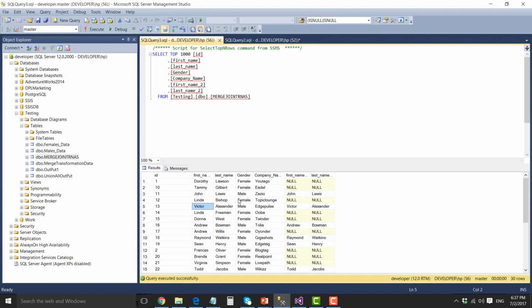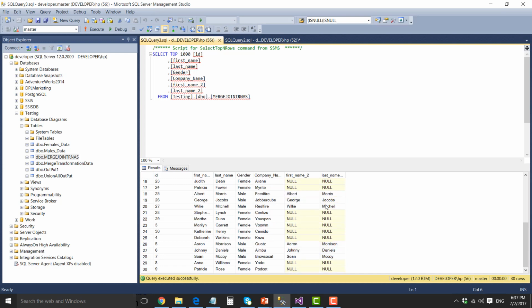For the joining columns, for example for ID 11, the data was the same between the SQL Server table and the CSV file, so it has values in the first name and last name columns. However, ID 1 and 10 don't exist in the SQL Server table, so that's why it is null in the SQL Server table columns here. So the matching rows have some data in the first name and last name columns, however non-matching rows have a null value. This is the behavior of the left outer join.